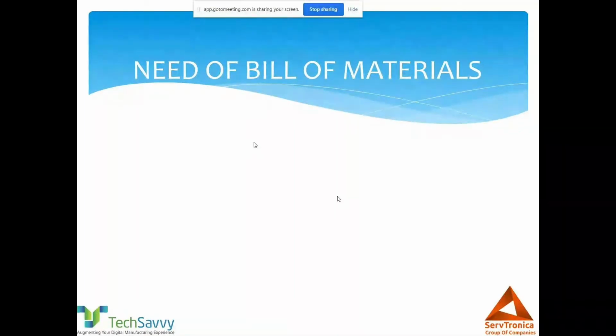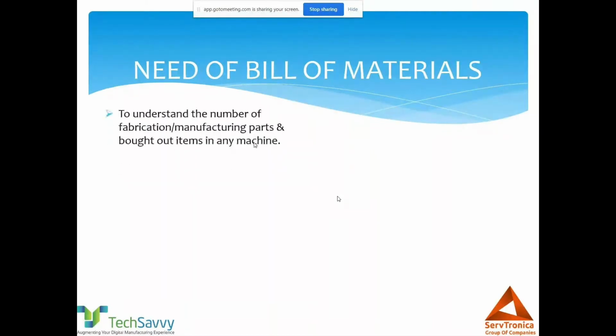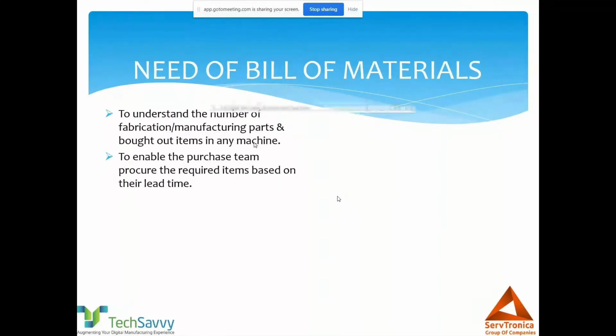Before going to the product in detail, let's understand why we create bill of materials. We create bill of materials to understand the number of manufactured parts, bought out parts, hardware, VOP, etc. in any machine. We create it to identify the items which are required to be purchased from the market and which are required to be manufactured in house.